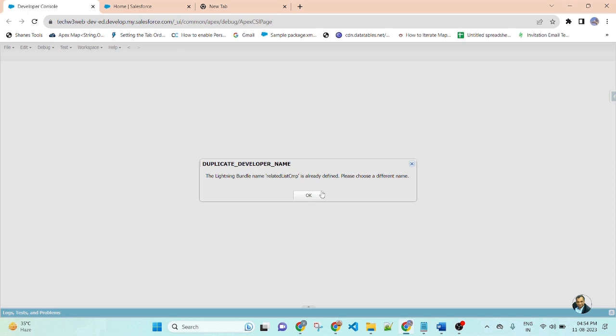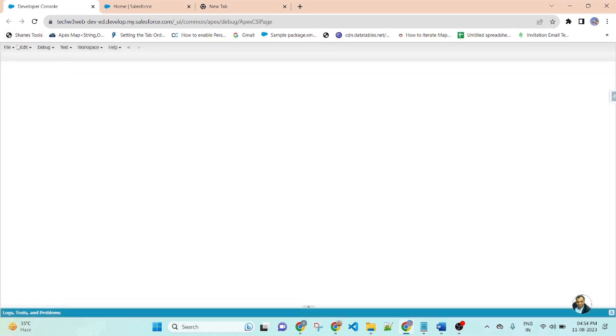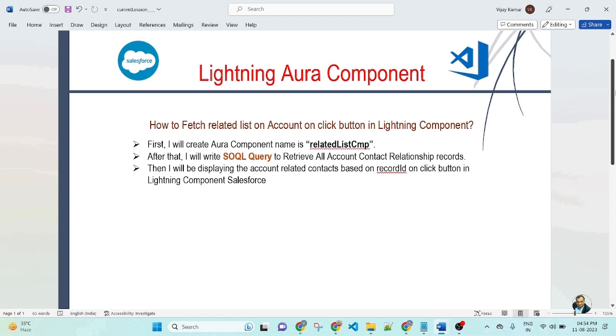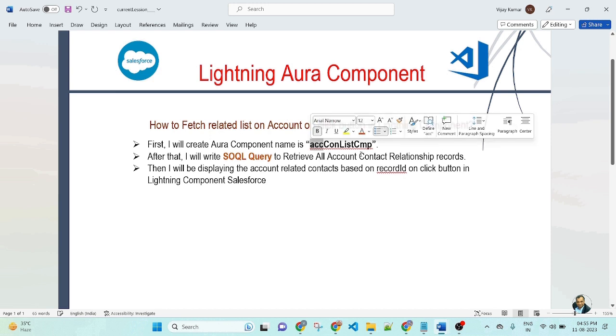The related list component already exists, so let me rename the file name. Here I will use the file name accContactListComponent. Now you can use it. Now copy this name.